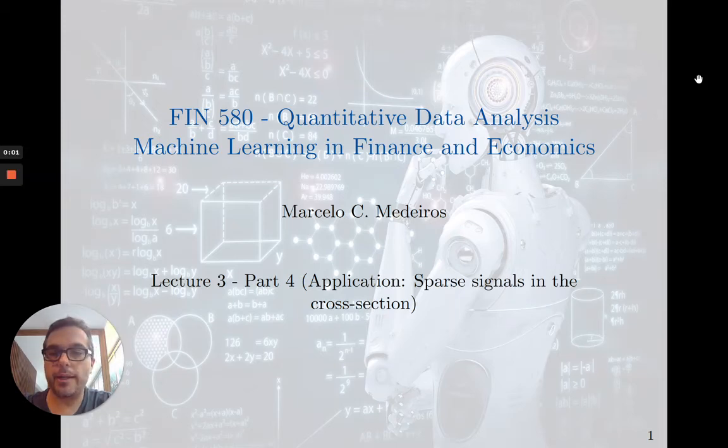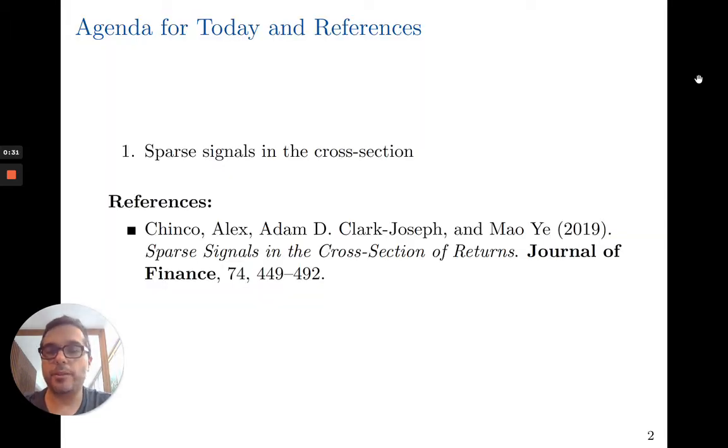Okay, welcome back. This is the last part of lecture 3. I'm going to briefly mention an application. I strongly recommend you read this paper because it's a nice application of Lasso in empirical finance that could be useful for high frequency analysis of returns, high frequency prediction, and also for trading applications. Okay. So this is based on this paper by Alex Tinko and co-authors,